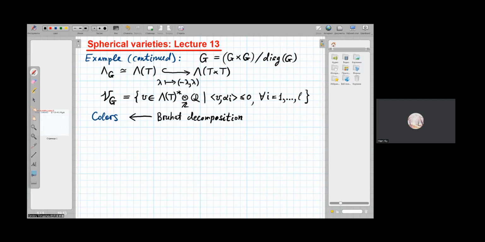It is a classical thing in the structure theory of reductive groups, and it is described, for instance, let me give you references, in the book of Humphreys,